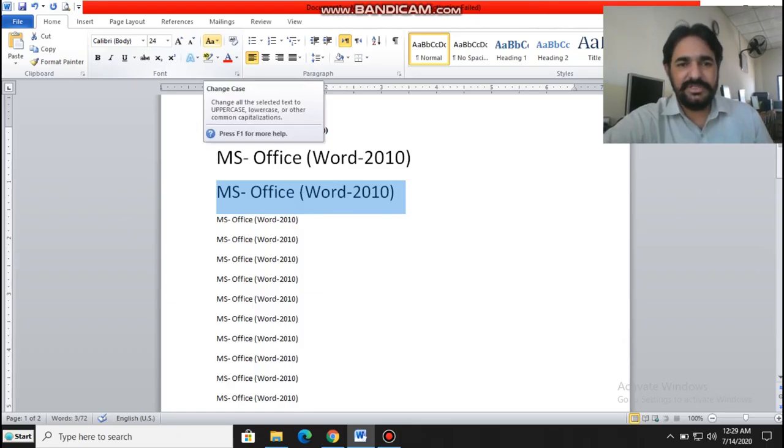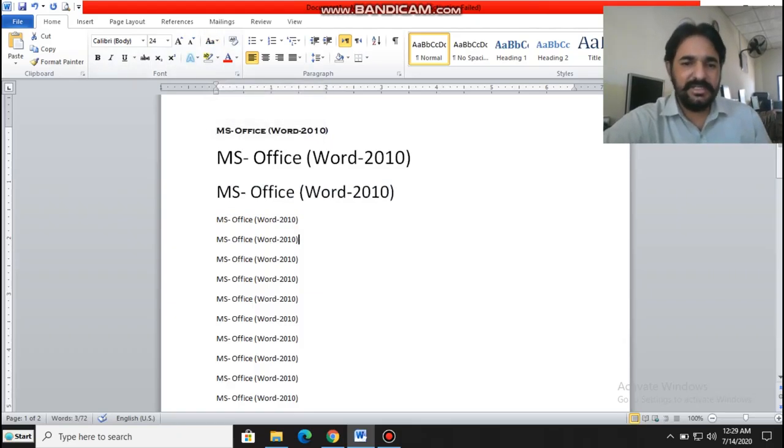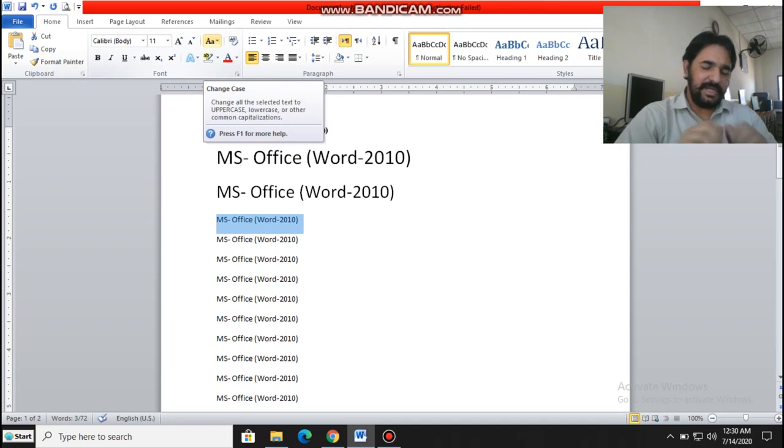This is for change case. Change case will affect differently when I am typing and I have to type all characters in capital words, or I have to capitalize each word, or I have to change font size style.